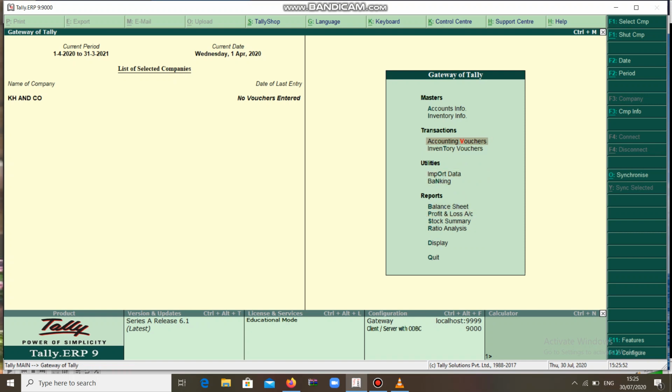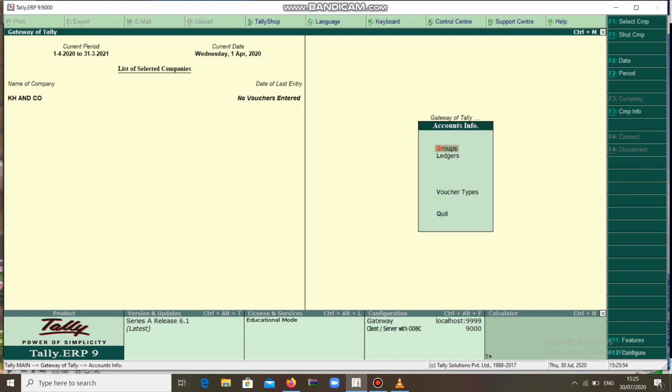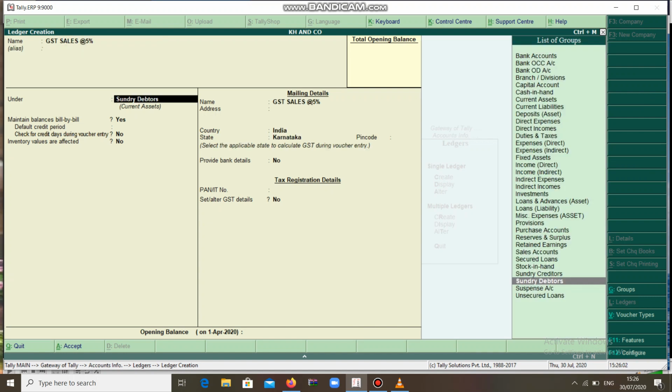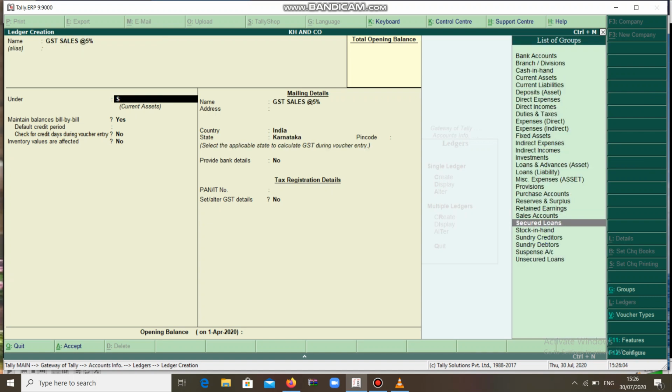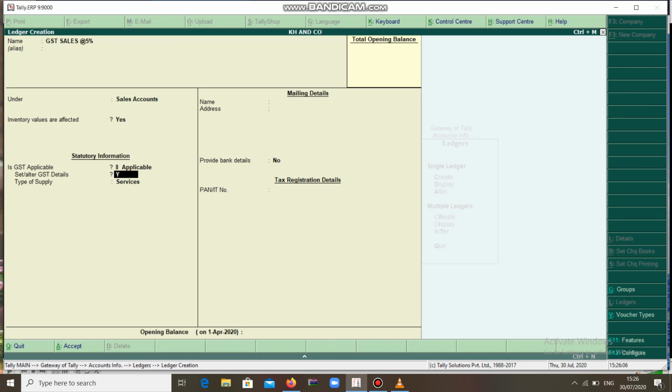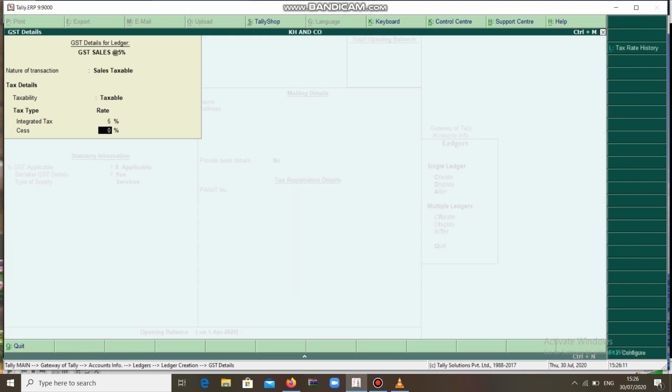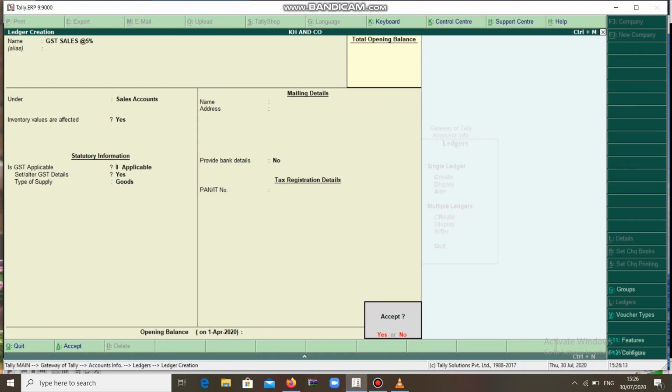See, for example, accounts info, ledger, create. You can make it as GST sales at 5% under sales account, means this is for local. Applicable, yes. Here you can take it as sales taxable 5% goods.